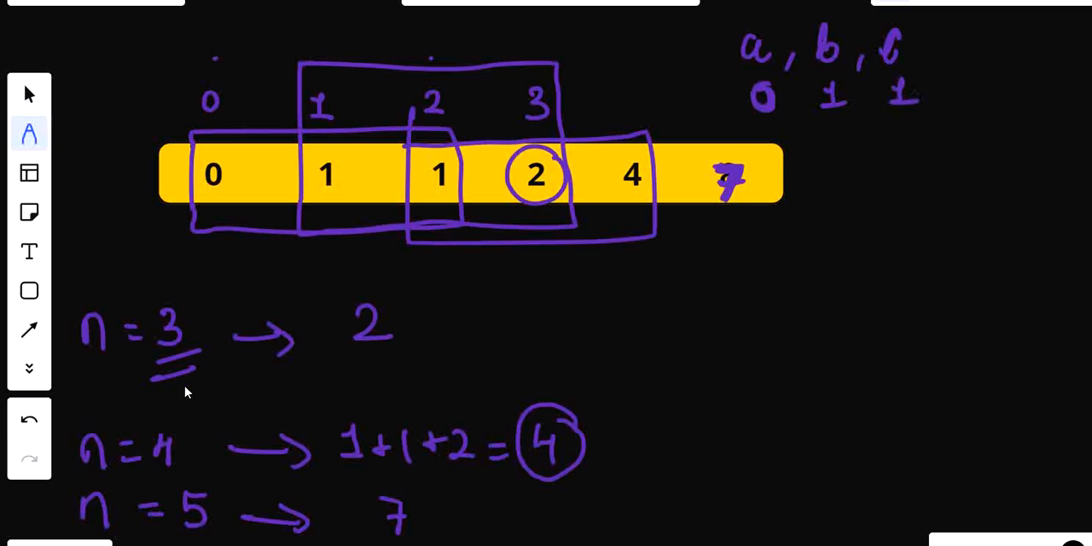Now if n is 3, simply add this and return, so this will become 2, and just shift these values by 1. So now a is going to be updated with b value, that is 1, and b is going to be updated with c value, that is 1, and c is going to get updated with the most recent sum, so this will become 2. Again, if n is 4, simply add these three numbers and return,